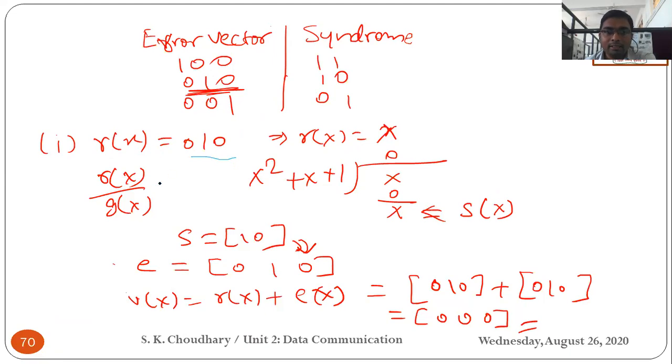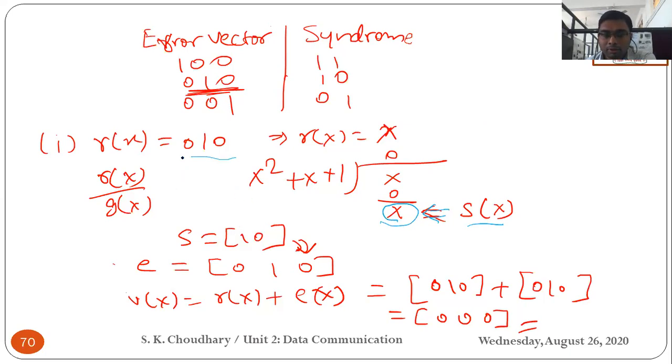So now divide this Rx with the Gx, and you will get some remainder, and this remainder is coming as x here. Whatever the quotient is, it is discarded, and this remainder represents your syndrome, and this syndrome is 10.